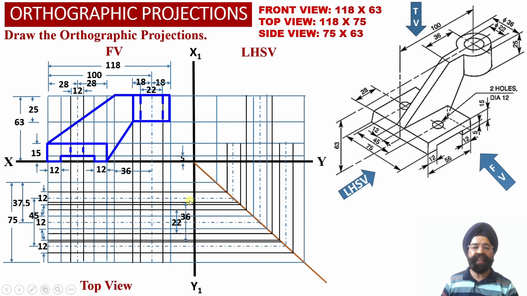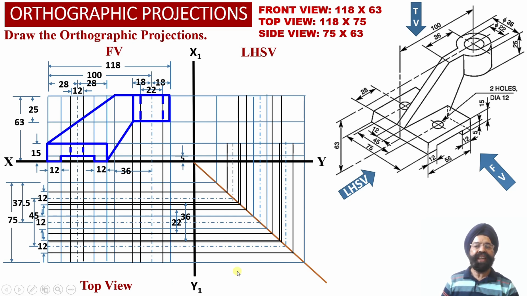So now another couple of black horizontal projector lines, we can see this is this black projector line and this is this black projector line, that is the outermost one. So these two horizontal black projector lines have been located into the top view projections and they have been appropriately transferred up to the top surface of the left hand side view projections over here using this transfer line. So this way, all the grid line elements corresponding to the top view projection have been obtained into the